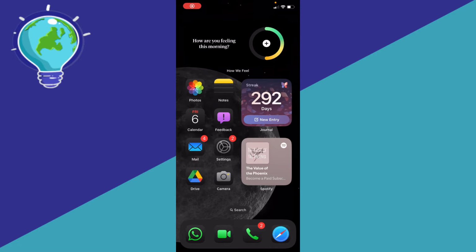If you want to customize your home screen on iOS 18, here's a step-by-step guide on how to do it. Of course, iOS 18 has a lot of features, including